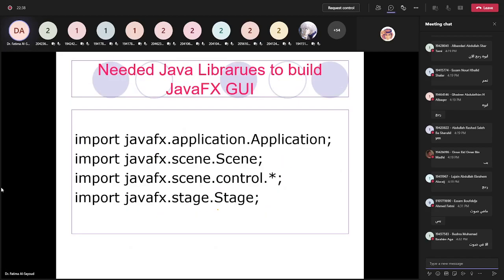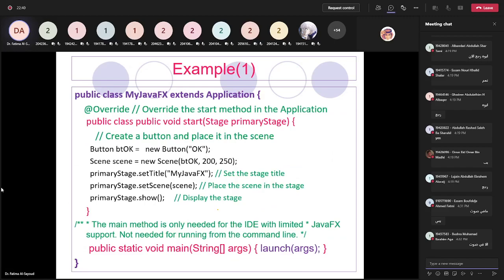To make it clear for you, we'll see an example. Example 1. Let's see it inside NetBeans. So I'll just highlight what I just explained in the previous slide, and then we will go to NetBeans. So this is step 1. It's always like this. This is your class name. You extend it with the application. And this is